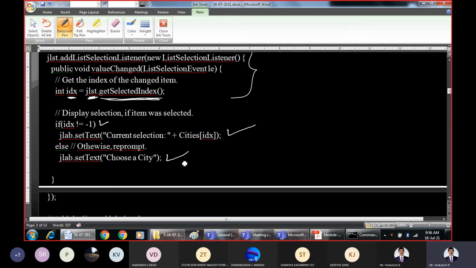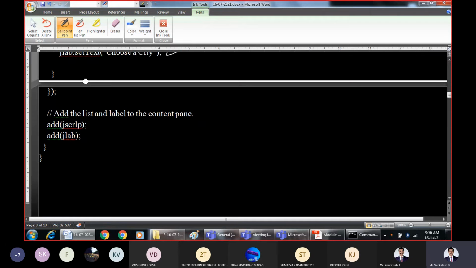Else, we will again give a message to the user saying that you have to select a city. Then the created list with all these functionalities will be added to the scroll pane, and finally added to the content pane. Then the label is also added to the content pane. So these two are added to the content pane.